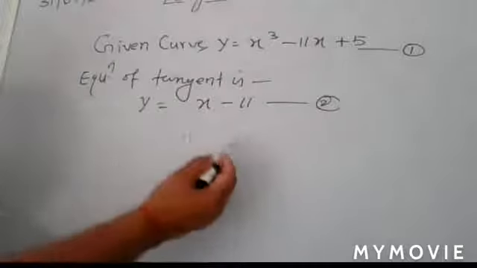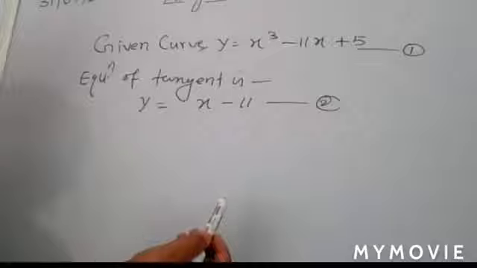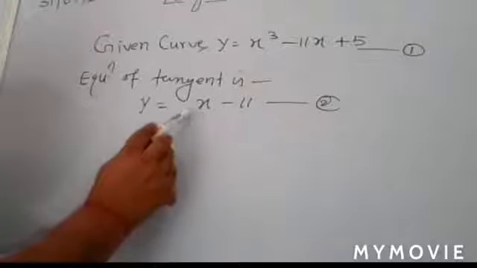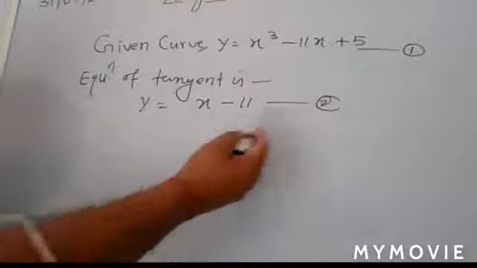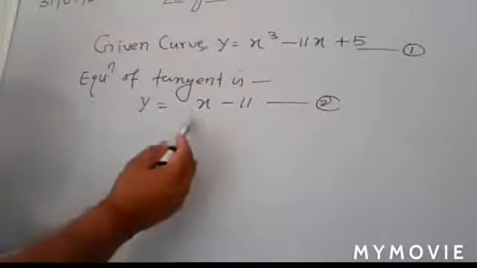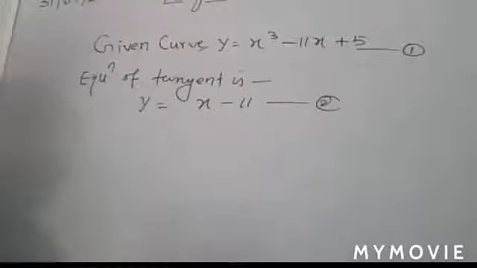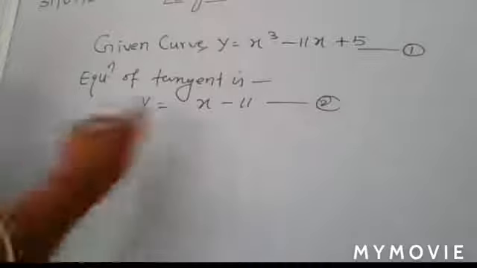If the second equation is the equation of tangent, then its slope is what? It is in the form y is equal to mx plus c, so its slope is 1. And the other way, by taking the derivative of the first equation, you can very easily find the slope of tangent and make them equal. In this way you have the value of x, and simplifying it, put it back and find the value of y.